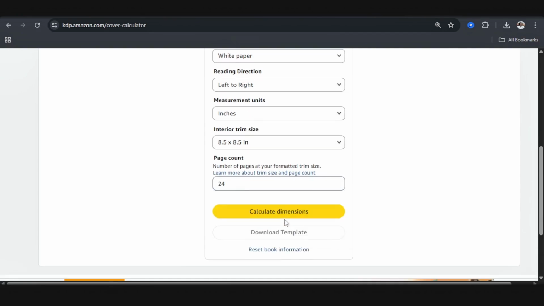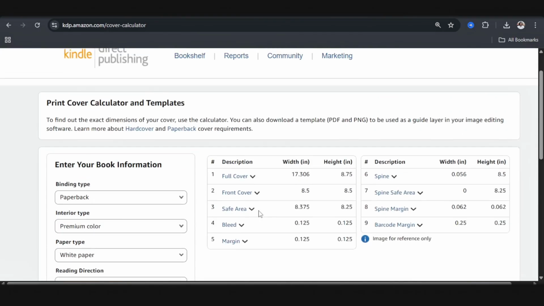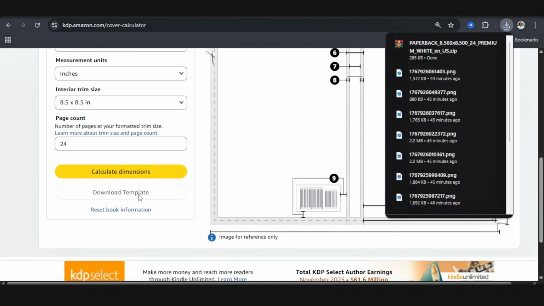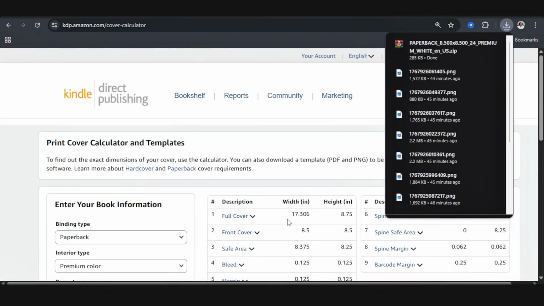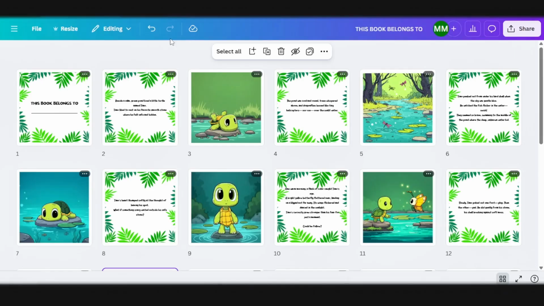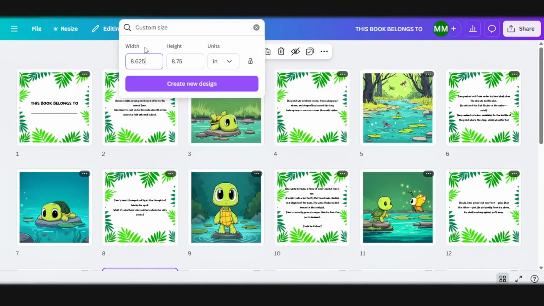And I'm going to click calculate dimension, and just like that, Amazon KDP cover calculator has given me the exact width and height that I'm supposed to use for my book cover. And what I'm going to do also is download the template. Don't worry, I'm going to be showing you what I'll be using it for in a minute. Again, for the full cover, for the width, I'm going to copy it. I'll head back into Canva, where I'll create a custom size, and I'm going to adjust the width here and